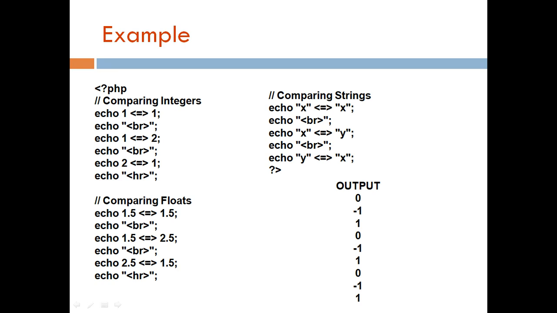Similarly for strings. Both are the same value, 0. The right side value is greater, that is x comes first in the sequence of alphabets compared to y, so it is returning -1, that is why it means that the right side is greater. Here y compared with x, which means this is greater than x because y comes next to x, so obviously the value is higher. When the left side value is higher, it returns 1, that is a positive value.